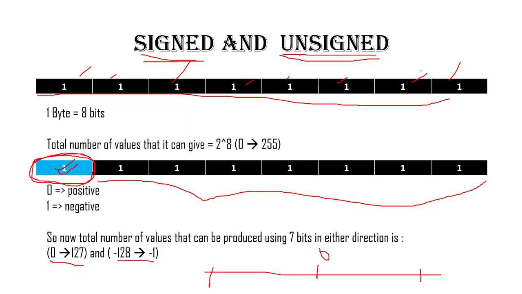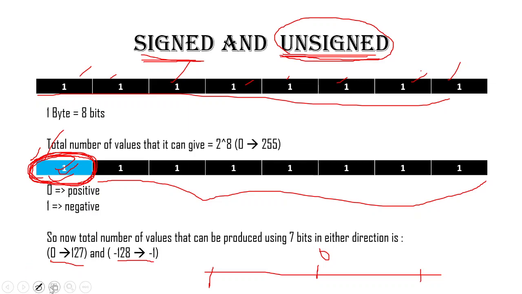If we are declaring our variable as, suppose, unsigned int, then the name of the variable, what will happen is this unsigned will tell the compiler or the computer that this particular bit, that is normally used to indicate whether the number is positive or negative, should be considered to calculate the value. If we say it's signed, then this particular bit will be used for indicating whether it is a positive number or a negative number.